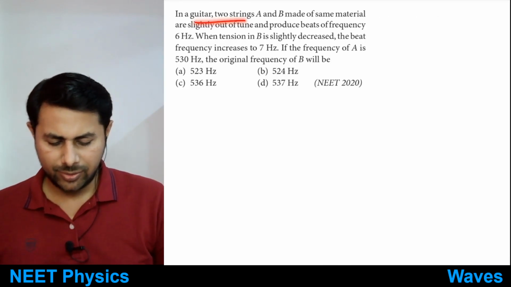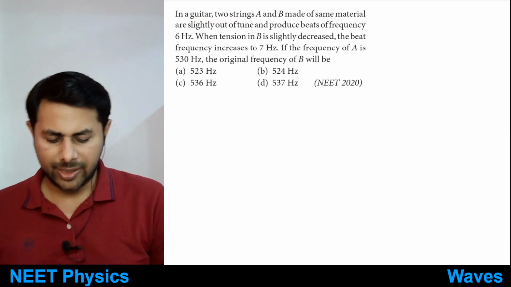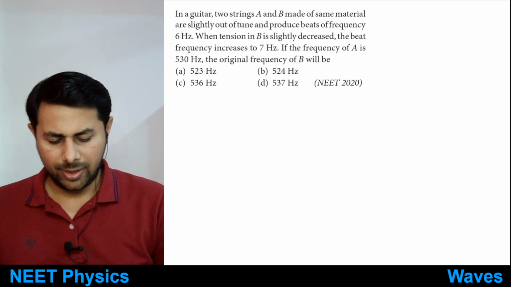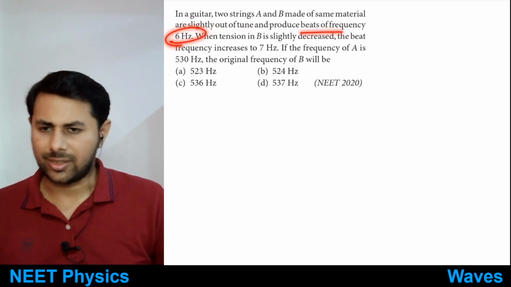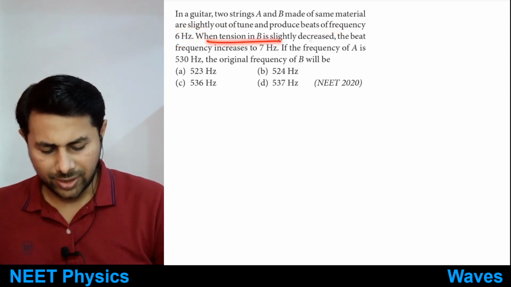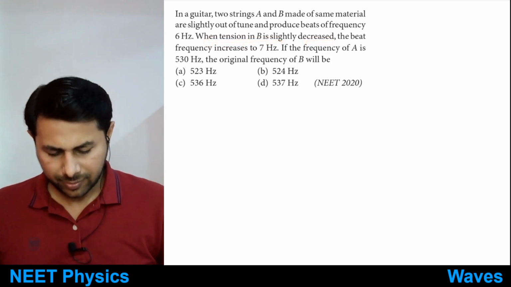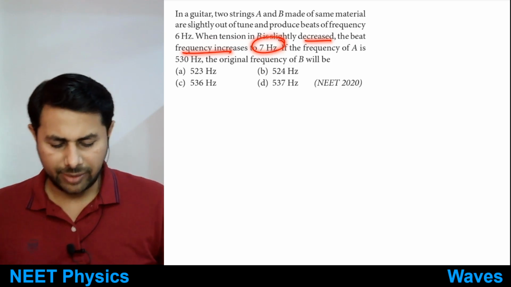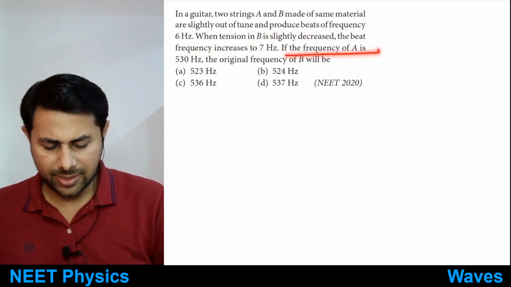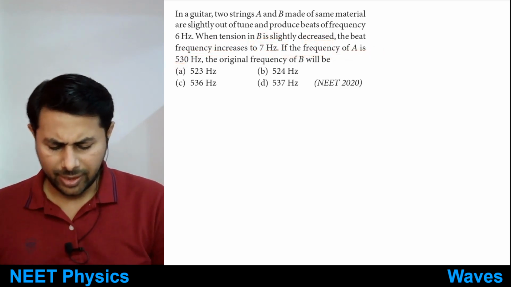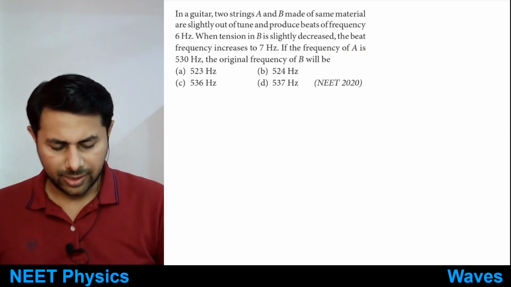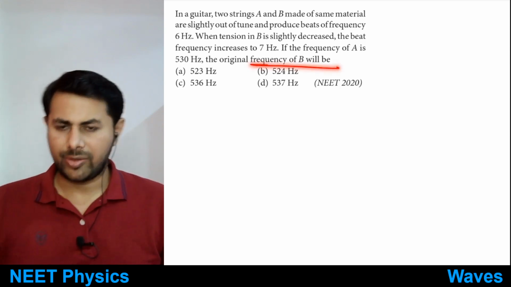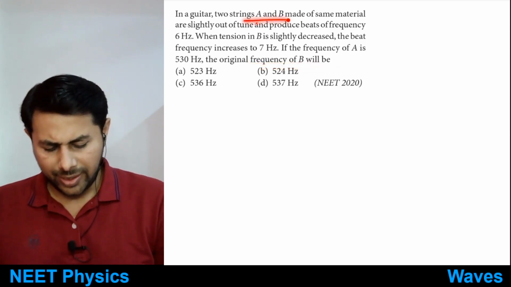In a guitar, 2 strings A and B made of same material are slightly out of tune and produce beats of frequency 6 Hz. Okay, when tension in B is slightly decreased, the beat frequency increases to 7 Hz. The frequency of A is 530. Again, it's similar to the last one, and this is a recent one, right? The original frequency of B will be, okay, so A and B